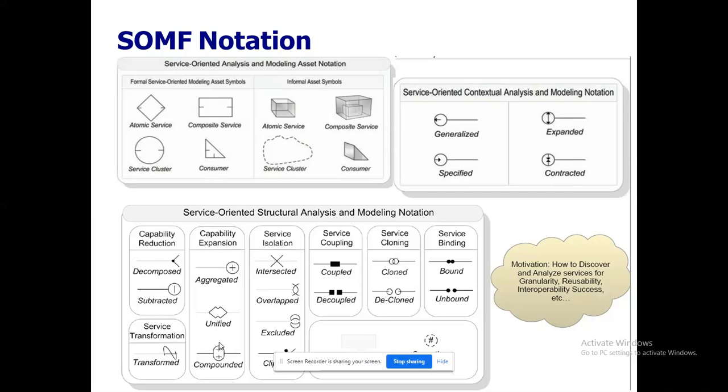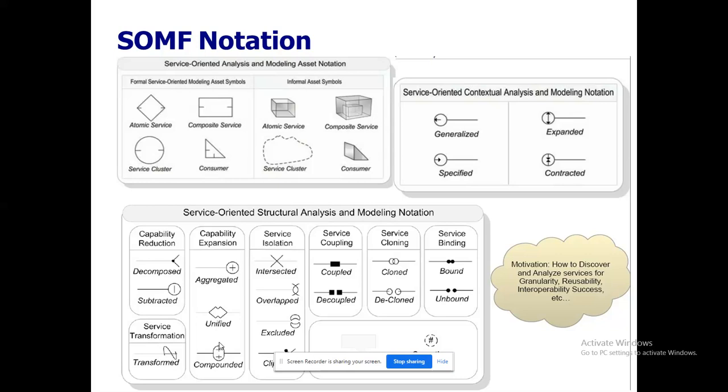Excluded. Normally, this excluded will be combined with subtracted or decomposed regarding my capability reduction. In decomposed, excluded can be used to represent the property of homogeneous, because three functionalities will be given as three different modularities. In that case, excluded can be combined. Otherwise, when I am going for subtracted, excluded means I will omit two functionalities. So at that time I would be able to combine subtracted with the excluded notations.